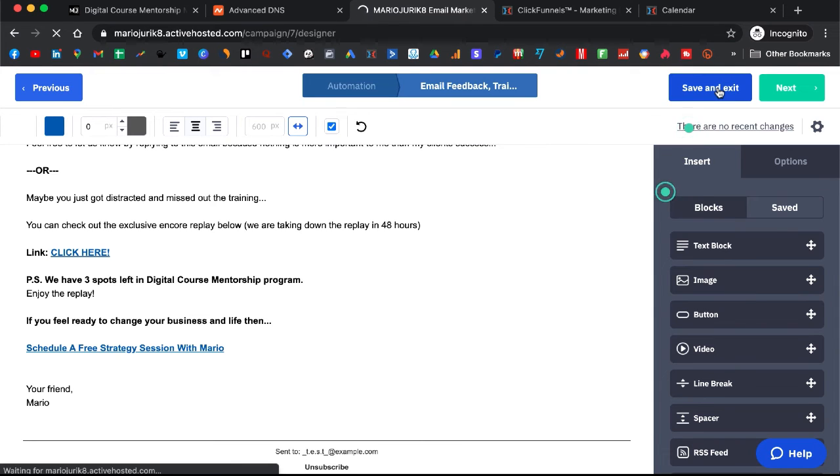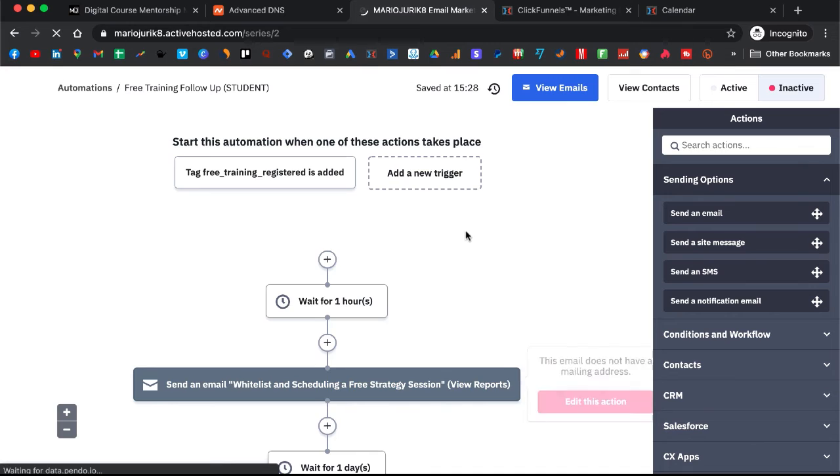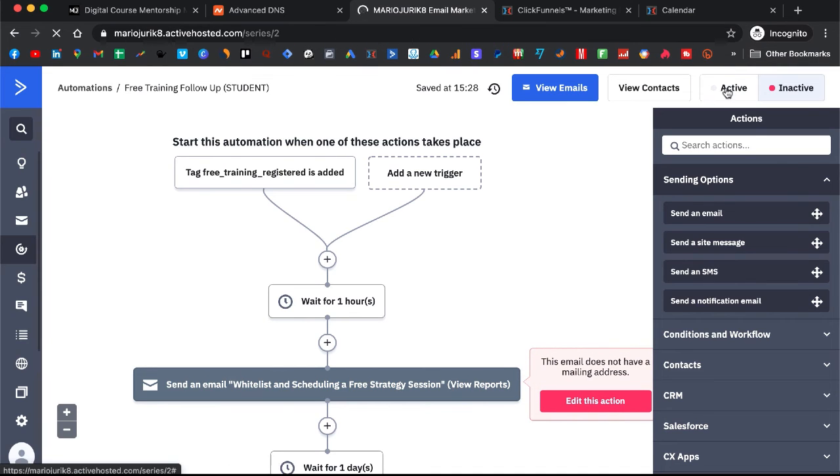So you want to do this with all of the emails, and when you are done, make sure that you activate it here actually, because this is something that also many people forget, even me at times, and then I wonder like why is not my email automation working, right? So make sure you activate it, and after you put your mailing address and everything, you want to come to